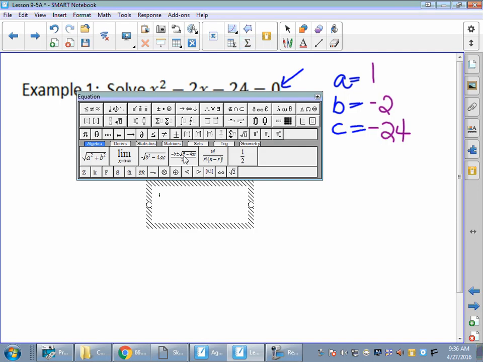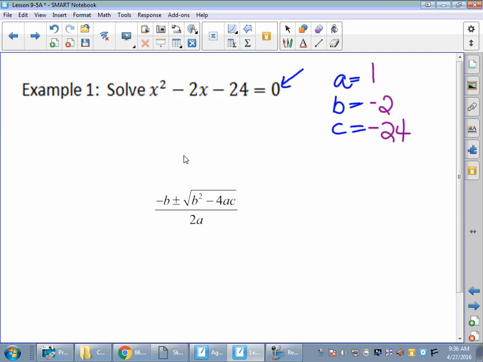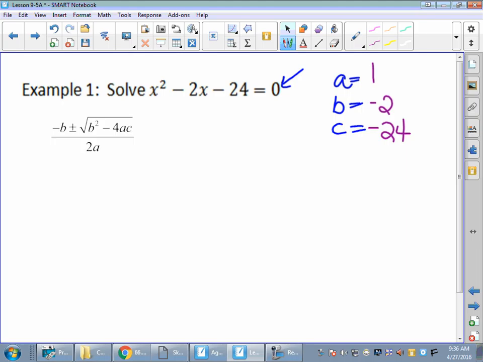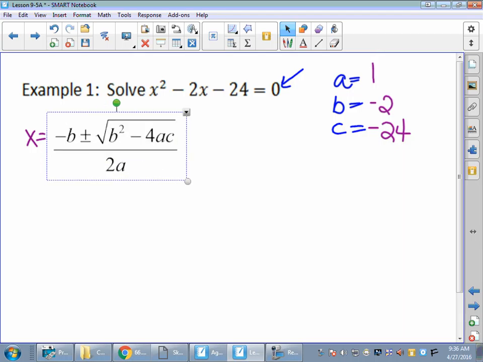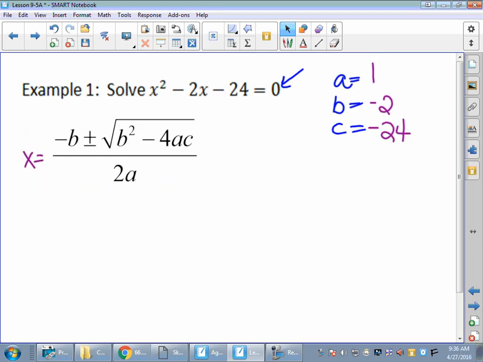And let me get that quadratic formula in here. So x equals, let's see, here we go. So let's put this stuff in here. Make that a little bigger so you can see it. So negative b, this is just like when we graphed and we did negative b over 2a. If we've got b as a negative 2, and we're going to make it a negative,